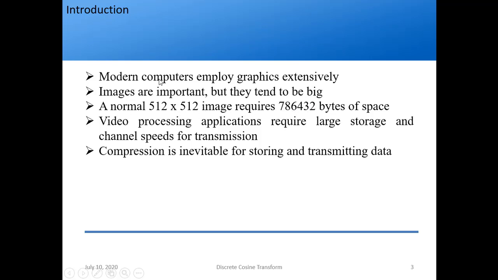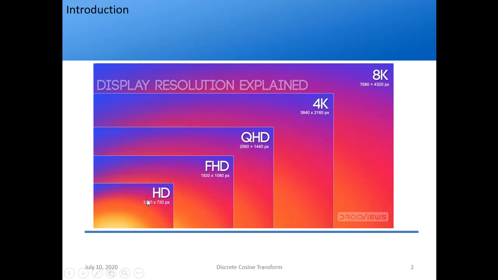Yes, you heard it right, it is 786,432 bytes. It is not even HD. When we are talking about HD, it is more than double of this. It is 1280 by 720, and we don't prefer this. When we are using YouTube, we usually prefer full HD, that is 1080 by 1920. This is the actual 1080 pixel which you see in YouTube, and this is the 4K one. So what is the size of this?